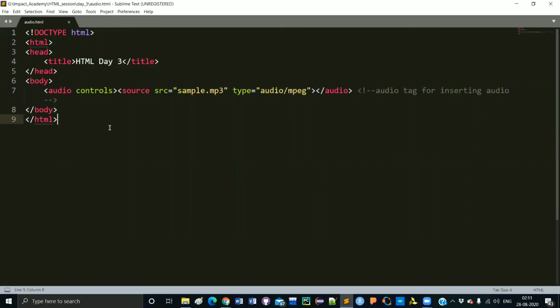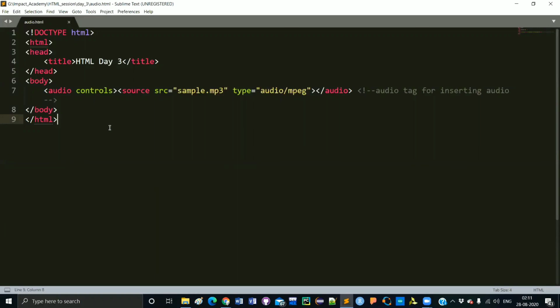Inside the source tag, in the src attribute, I set my file path: sample.mp3 is my file name, and it is in the same folder, which is why I've written only the file name. And you have to set the type, otherwise this code doesn't work. The type is audio/mpeg.